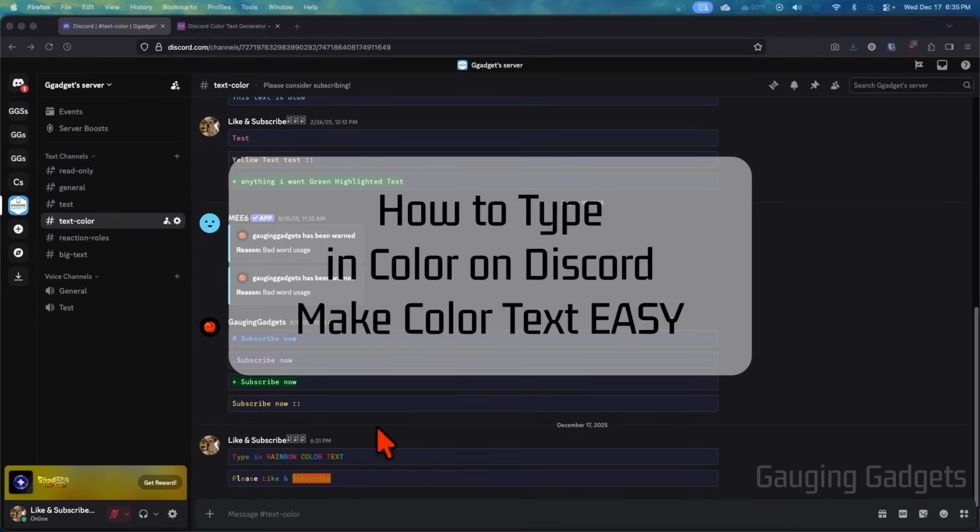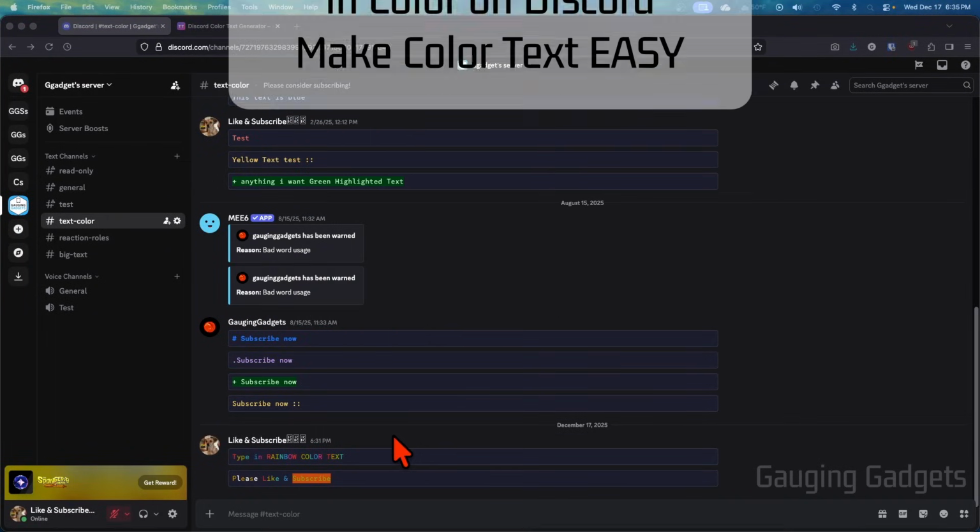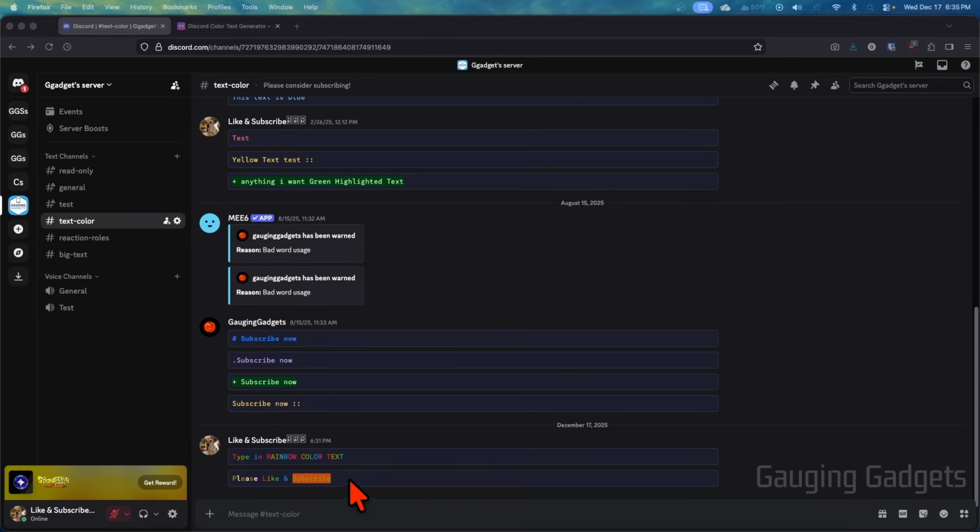How to type in color on Discord. In this video, I'm going to show you a really cool tool that allows you to type in all different colors, including rainbow or different patterns of color and backgrounds, things like that on Discord desktop and within the desktop